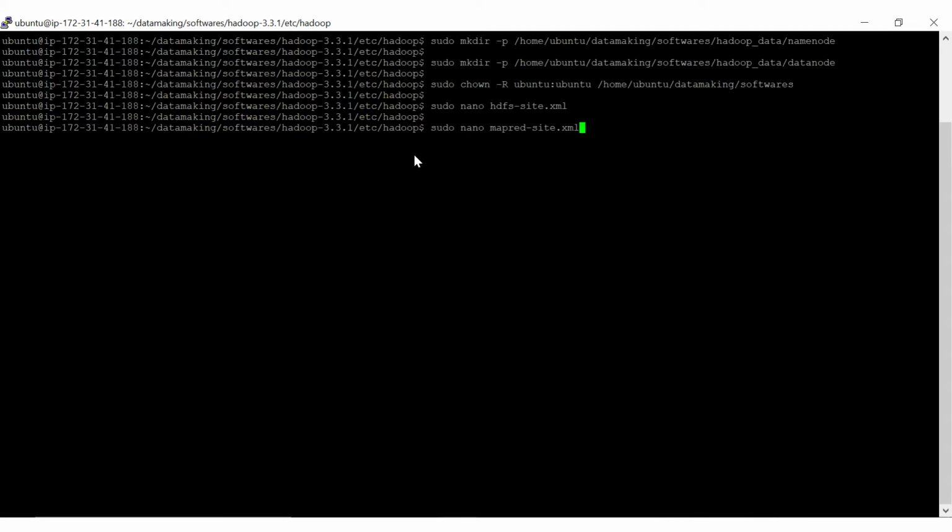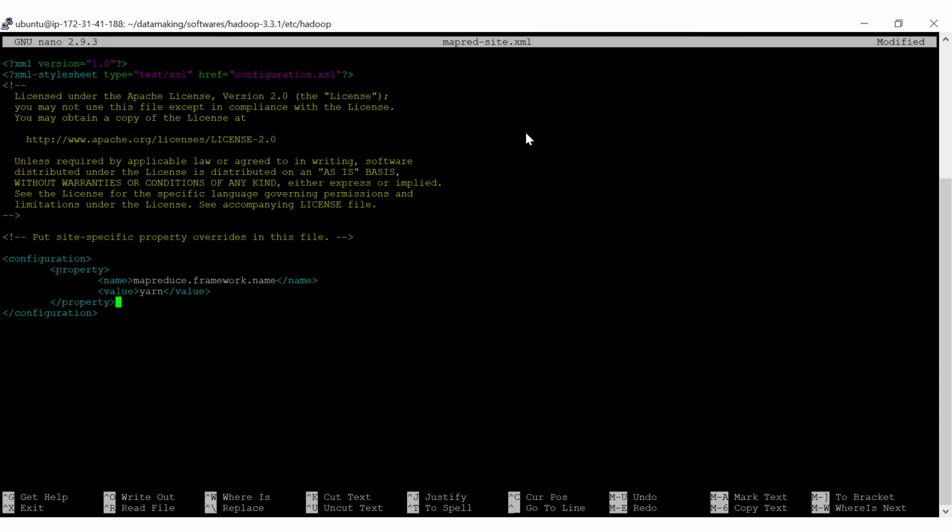Once you do that, you open the next configuration file, sudo nano mapred-site.xml, and you need to provide this content. So what is the content you need to provide? From Hadoop 2.0 we are using YARN for resource management.